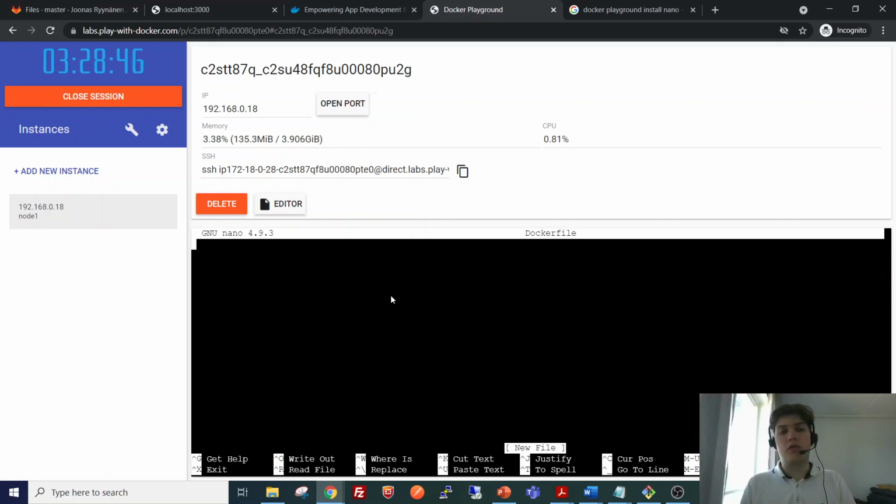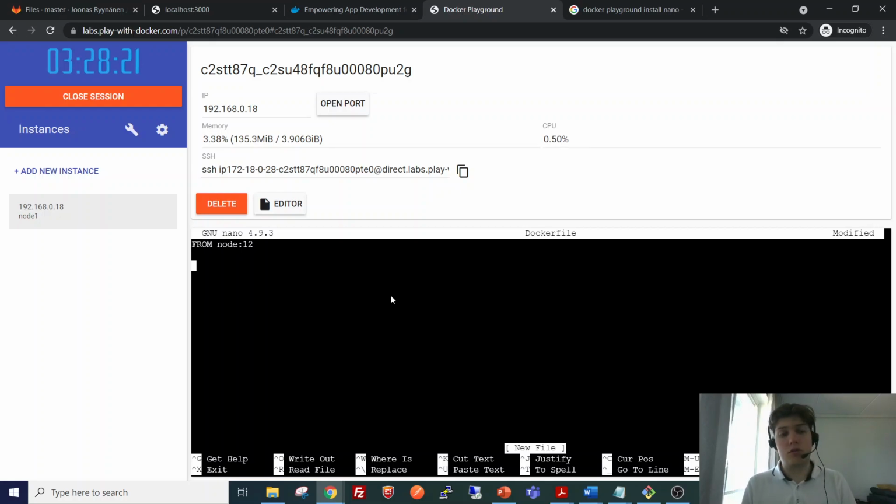And well, first off, we can start with an existing image. As we need Node for this application, we can start building the Dockerfile from the official Node image. And let's take version 12 of Node as the starting point of our application.